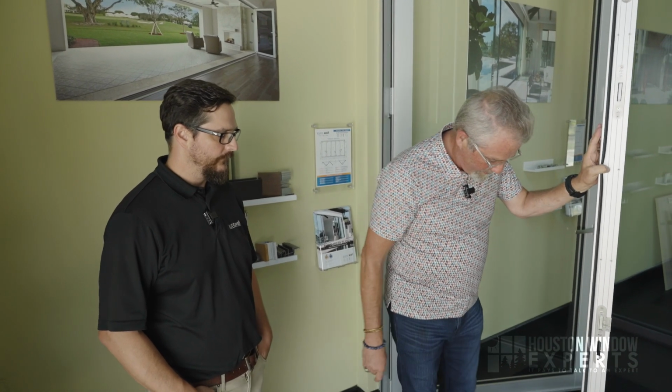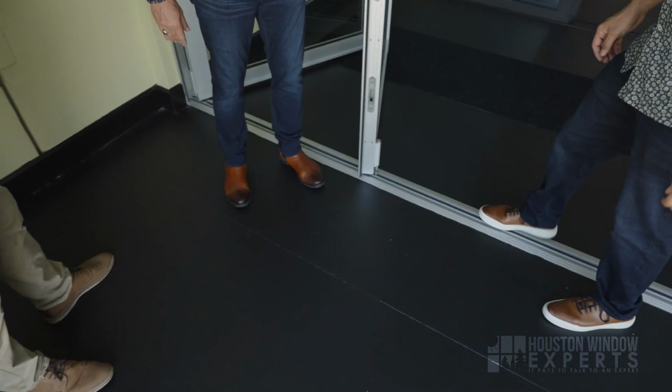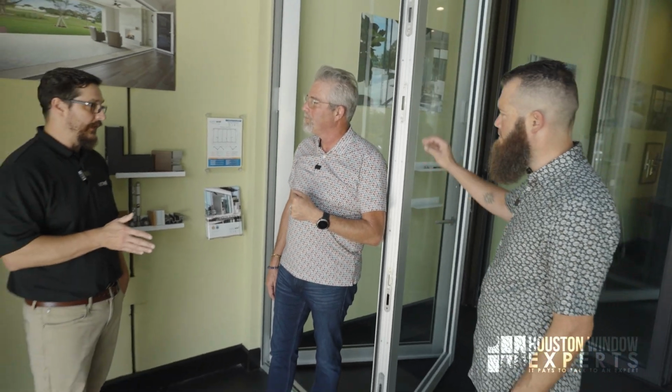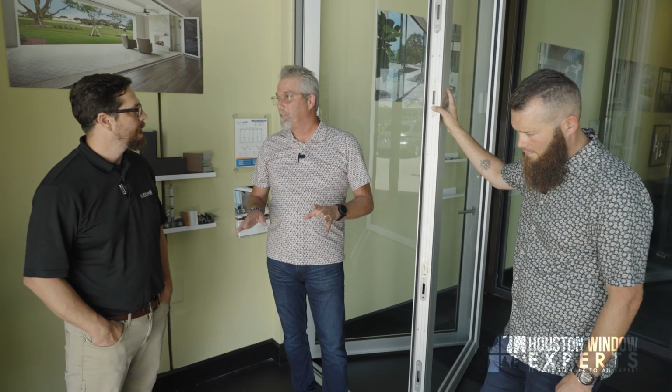Also, by the way, this track down here, this is the ADA threshold, right? And maybe in commercial applications as well, that would be an ideal threshold. Absolutely. But you do have some others as well. We've got sills that basically will cover any of your project needs. We've got water rated sills, we've got flush profile sills, we have sills that will meet the project goals. Terrific. So it's not a one-trick pony. Nope. It can really do a lot of things for a lot of different applications,